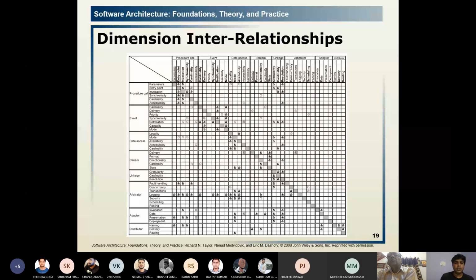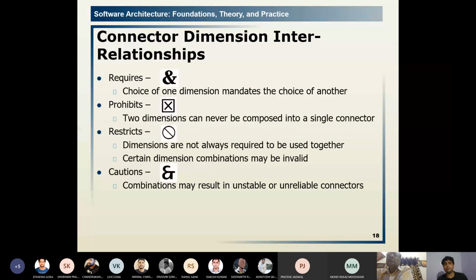Okay. If you check the cardinality, you will go one by one. Otherwise it will be difficult to show the notations. See, if there is any symbol like this, the circle inside the circle, a line between the circle, parameter and a locality in the data access. If they are allowed or not, if this symbol is there, means there are some cautions or there are some prohibitions. You have to check. Okay. So four symbols we are using: require, prohibit, restrict, and caution. Only the first one is allowed for the composition.